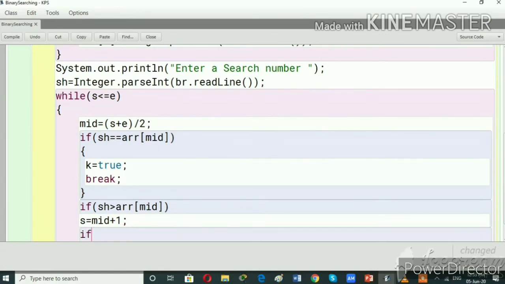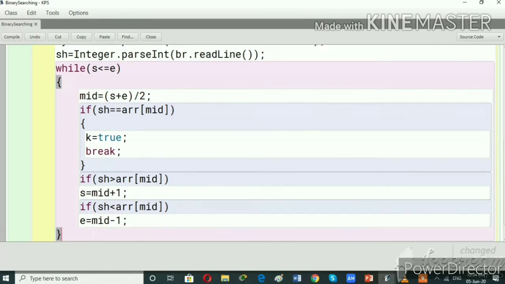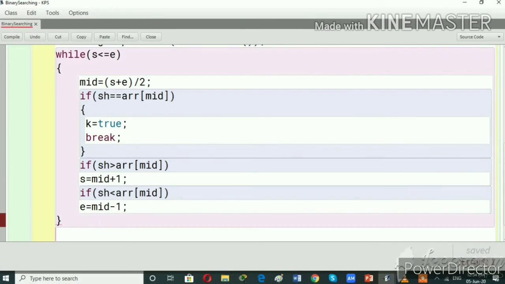If the search is, another case, less than array middle, then for the upper, that means here e is equal to middle minus 1. So there will be chances of 3 cases: either it is equal, it is greater, or it is smaller. This condition will repeat till the condition is satisfied.